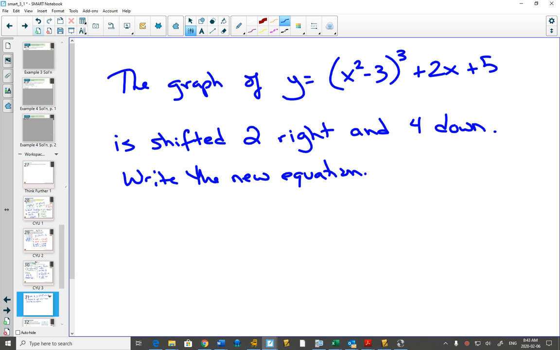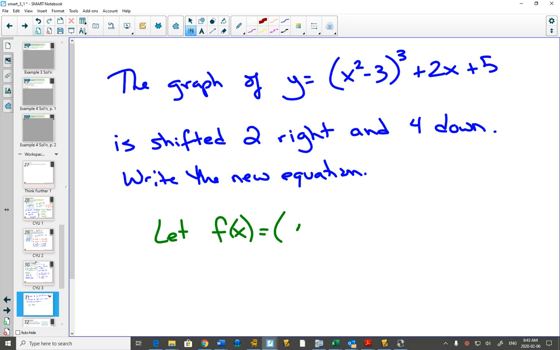And this one really is a good example of not being able to do it directly. The 4 down is actually the easy part. You just have to subtract 4 at the end. But the 2 to the right is a little bit complicated, because where do you put 2 inside the function here? And so using function notation,